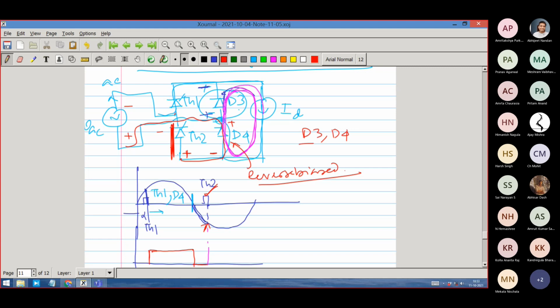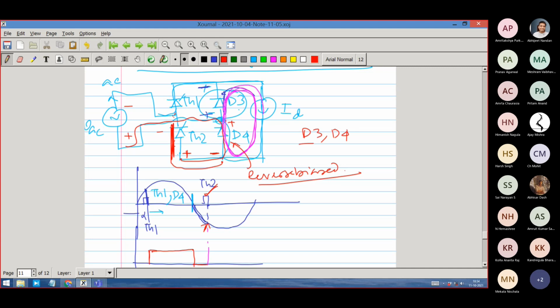It is not blocking any voltage or taking the burden of any voltage. When this voltage has become 0, the negative terminal has now come to the diode cathode because it has conducted, and the plus terminal is connected to the anode. In this situation, D4 will be reverse biased, because the cathode is seeing plus and the anode is seeing minus. So diode D4 will say, I will turn off, because you have turned on TH2 and made me reverse biased.